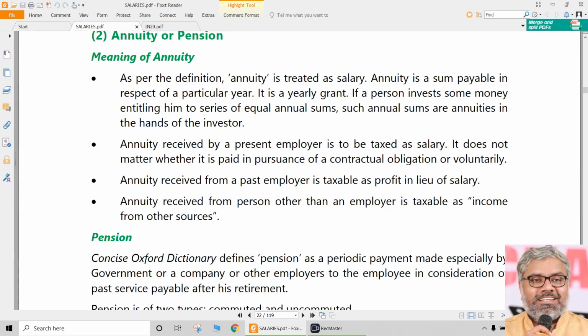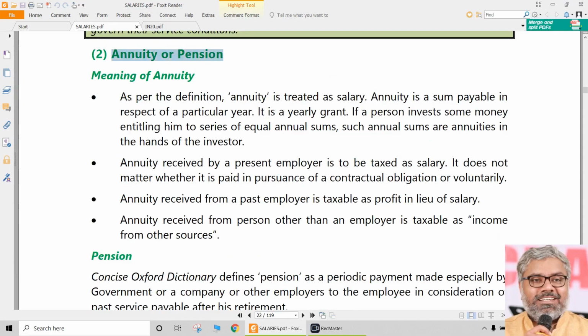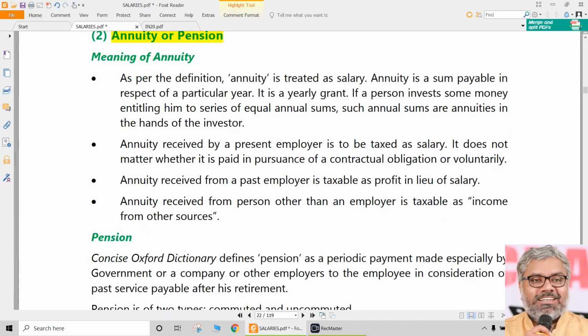There is no sequence here, but as far as learning is concerned, each provision is a provision. We should just know the provision, that's all, whatever that section number may be. We are talking about annuity or pension. Usually that's what is given after the retirement. Particularly, somebody receives a pension or annuity, whatever the name it is called.